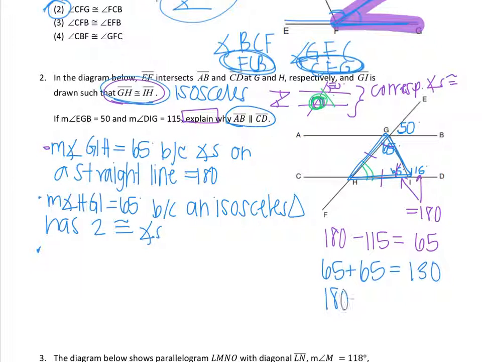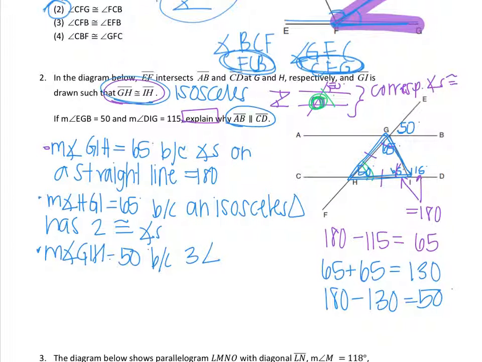So 180 take away 130 leaves me with 50. So now we just found that the measure of angle GHI is equal to 50 because three angles in a triangle